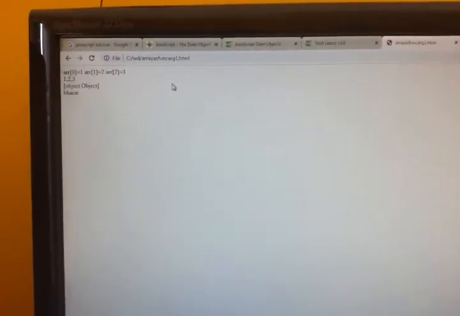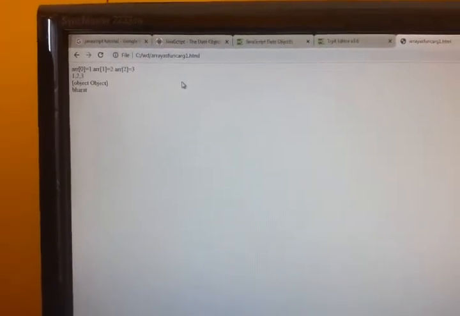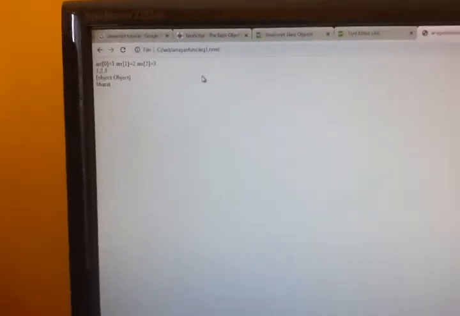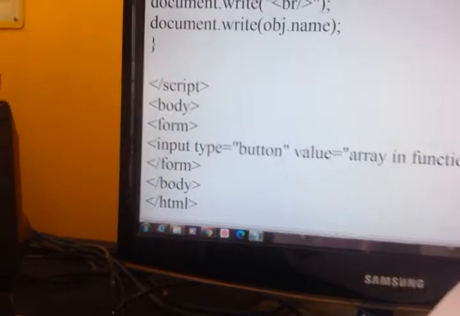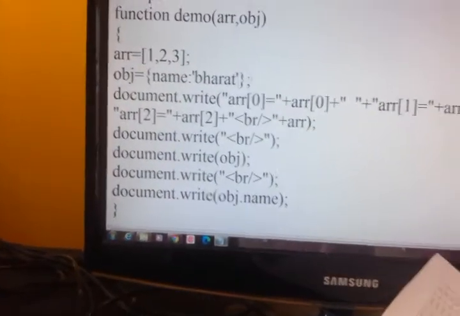So this is passing an array as well as array as objects. If you have one, we got like this. You can pass multiple also. Here I have passed only one.